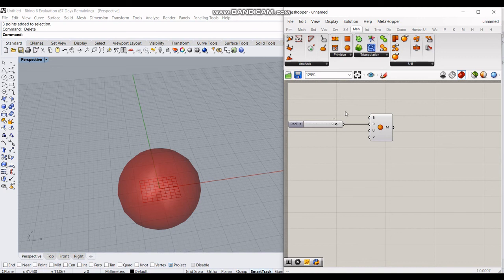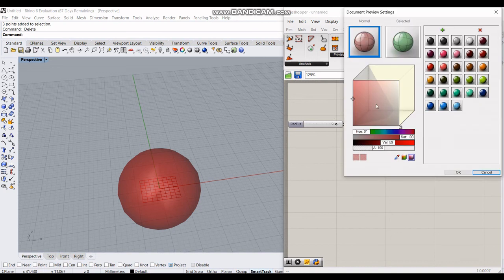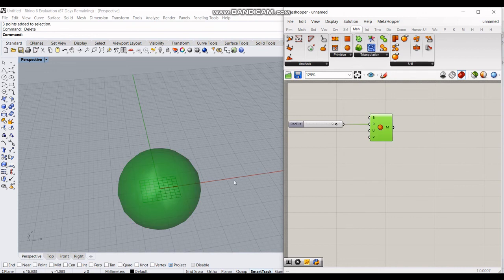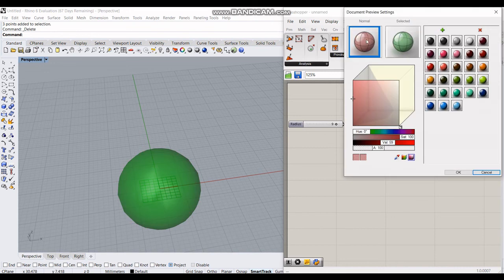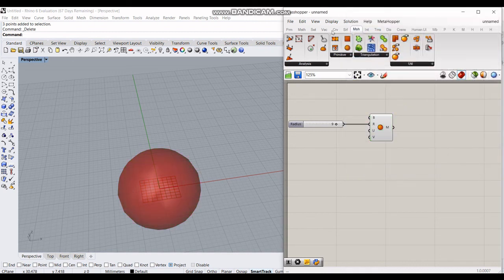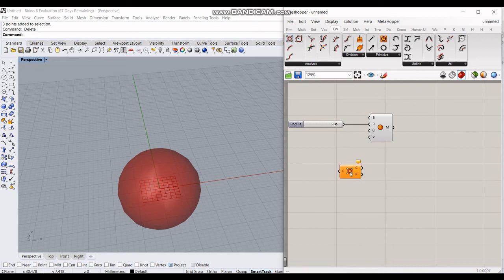So these are certain basic things for this video. Some things which are not very important are changing colors if you need, and this corresponds to the color for the preview, and this corresponds to when you click the object. For example, if I click this, it will go to this color, and this is the normal previewing color. And I guess these are the basics. You can actually view each and every component by just clicking on it and keeping your icon above it. The explanations are pretty clear actually. So that's it for this video.